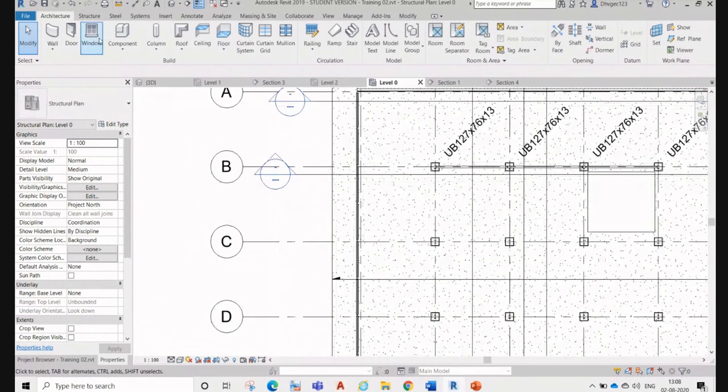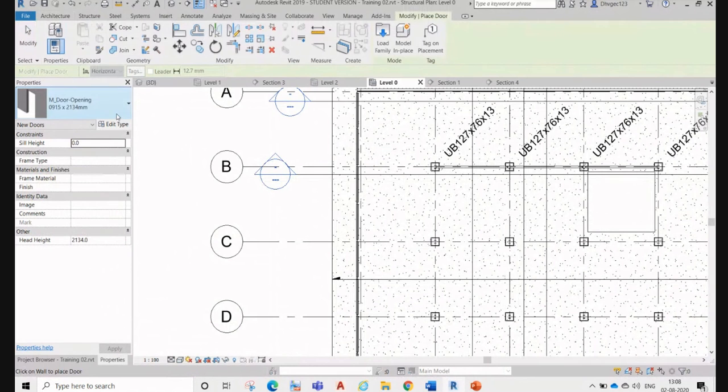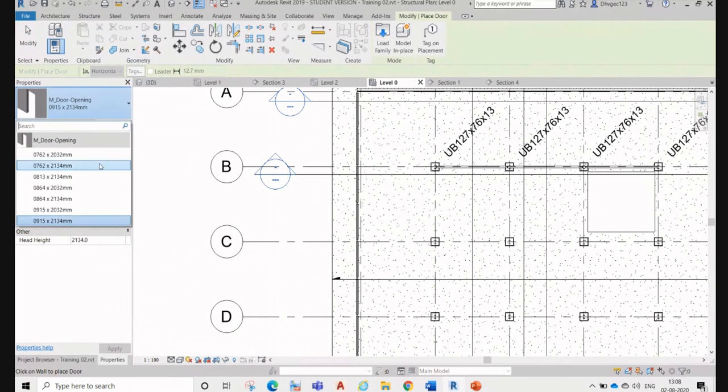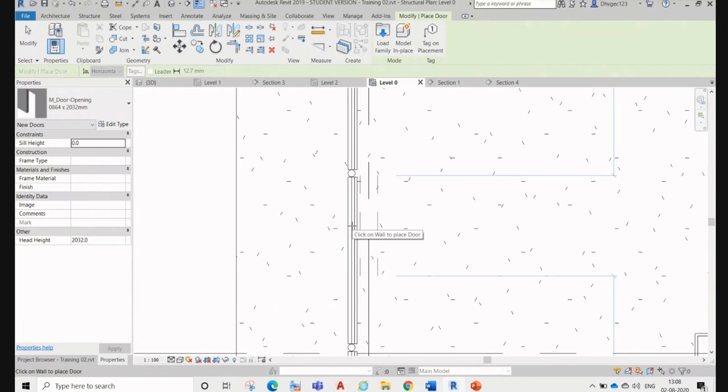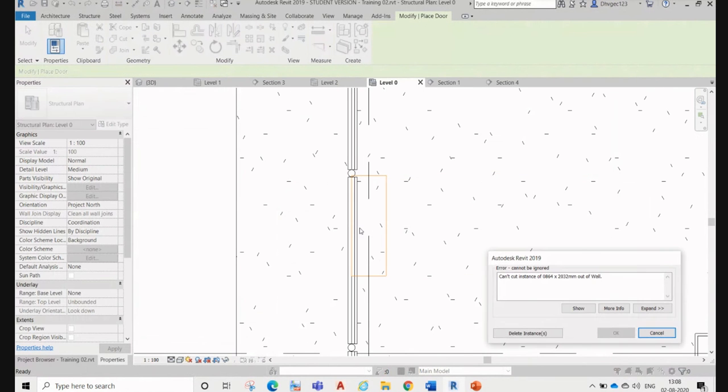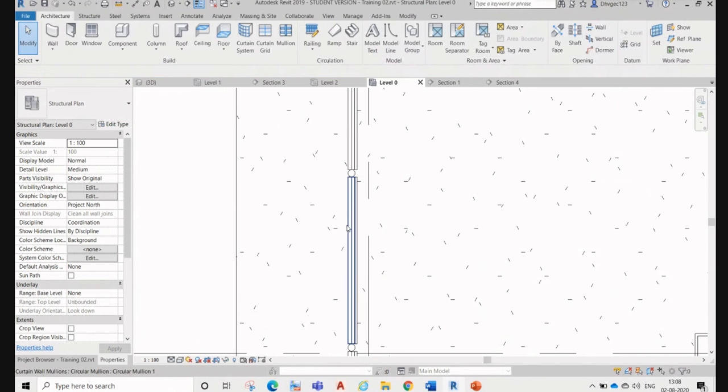So now we are going to put doors. Here you can see just a simple door size. We don't have any type of door. Let's put this door here first.